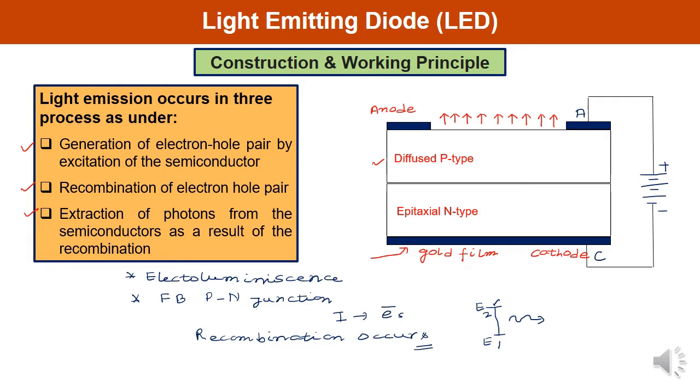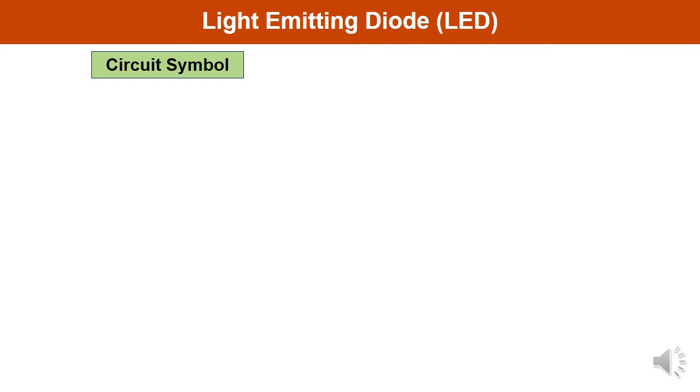And you must remember that during recombination, the energy difference is given up either in the form of heat or in the form of light, which is actually happening over here. So this is how you can understand how an LED works. And this overall recombination of electrons and holes, you can explain like from here it moves to this point, and this is how the overall function occurs.